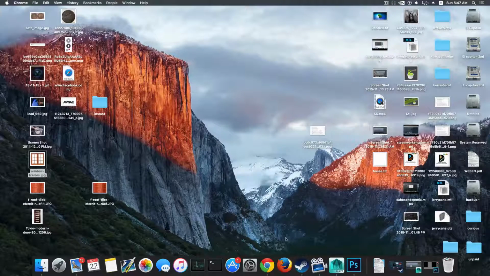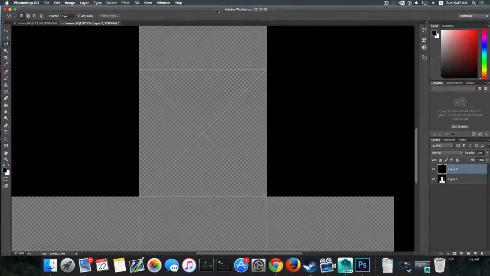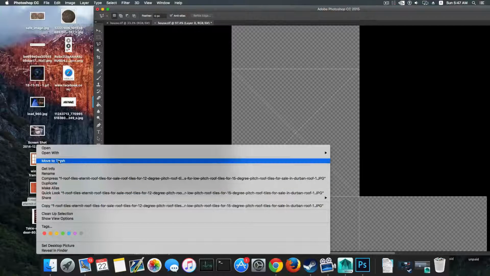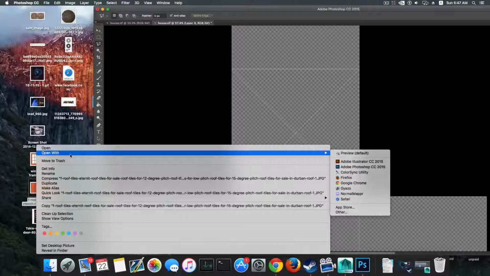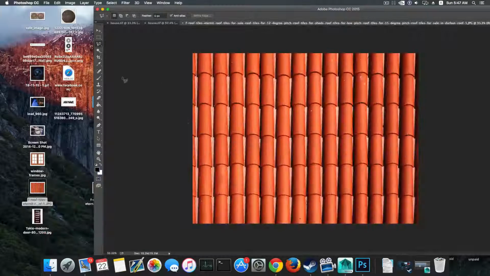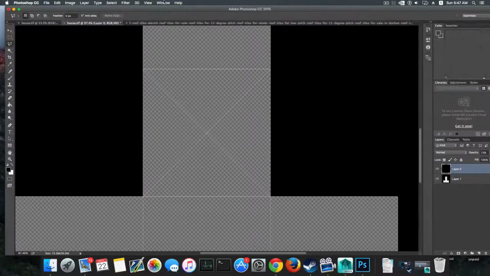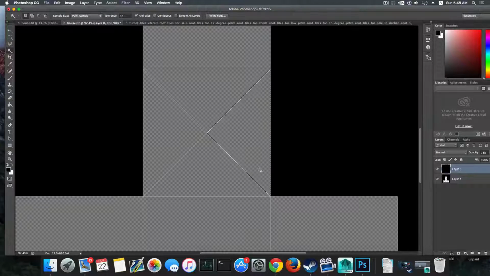done, selected, we're gonna go over Photoshop and let's start with the roof tiles. Okay, so I'm gonna right click, choose open with Adobe Photoshop. I want to open it with a different layer, and I'm gonna take back here, choosing that template, the first UV map template, and I'm gonna take the magic wand tool and select one of my triangles here. With that selection, I'm gonna go and